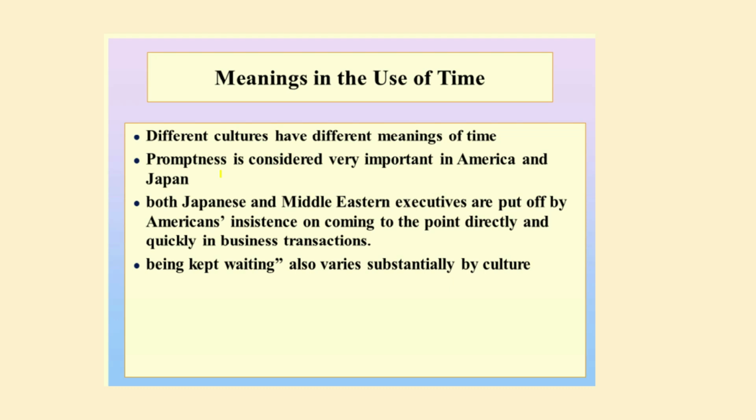So when promptness is considered very important in America or in Japan, in countries like the Middle East, promptness is not that important. Similarly, what it means by time, I'm coming after 10 minutes or I'm coming after half an hour, this also varies from culture to culture. In some cultures, if you are given a specific time for the meeting, you are expected to arrive on time. That is the example of European countries, or Japan, or the United States. Whereas in the majority of Asian countries, the time that is given or agreed upon is flexible. Half an hour is not a big issue. They may be late, and that is a norm in those countries.